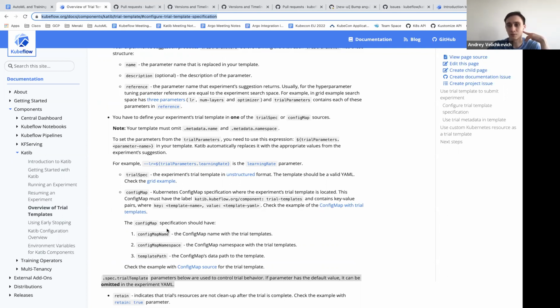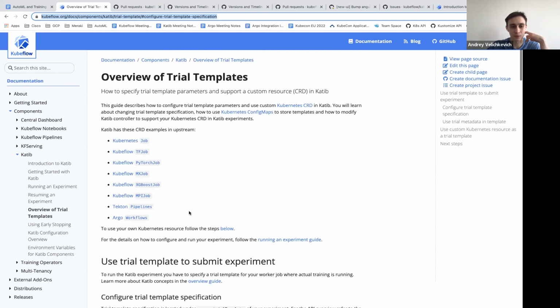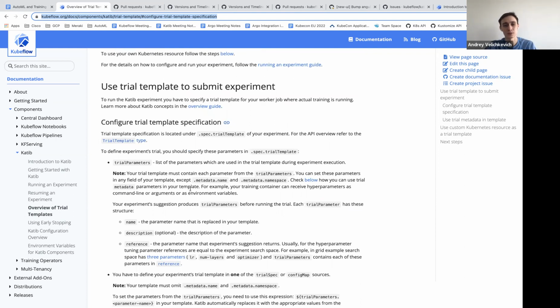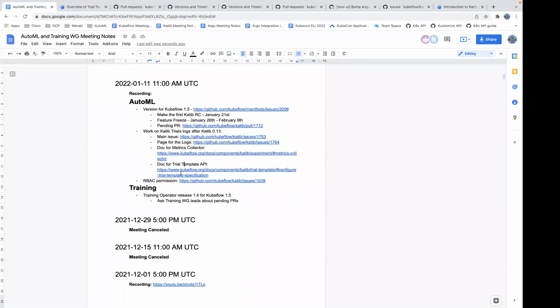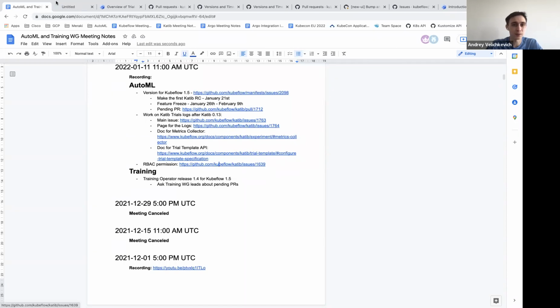All this information is necessary for the metrics collector. So here you can take a look at this information. Will do.